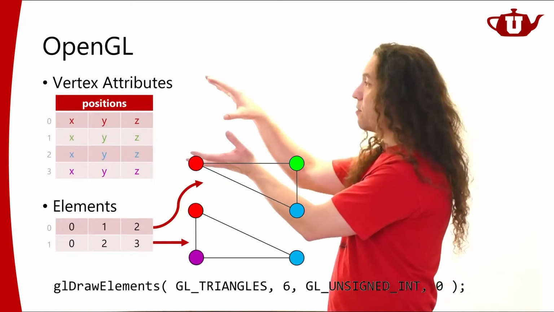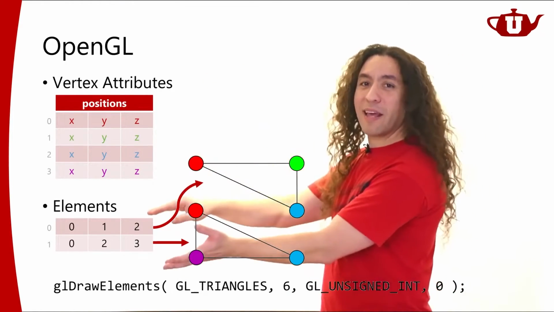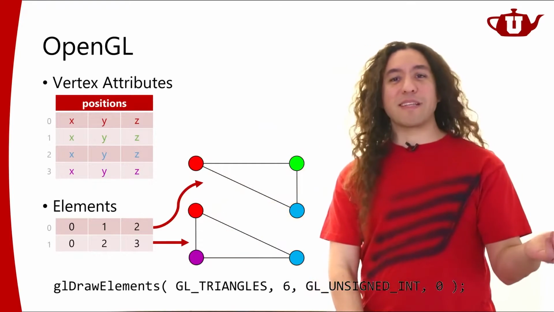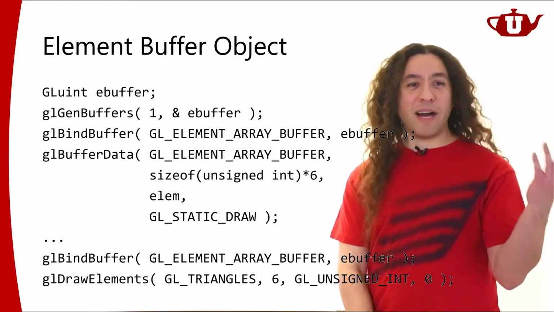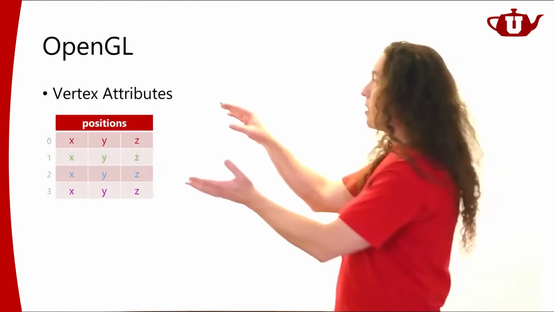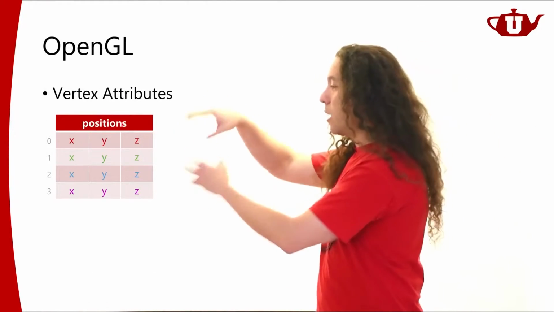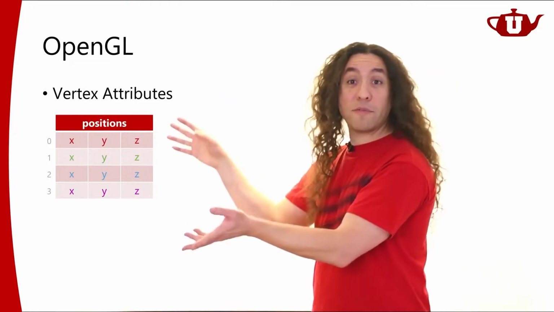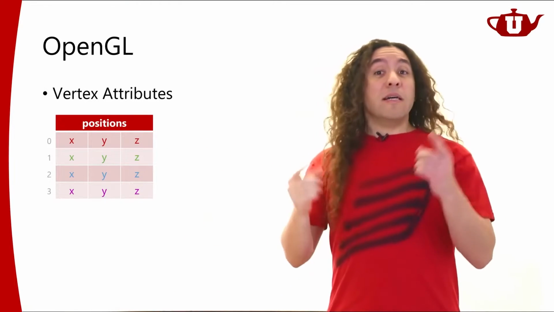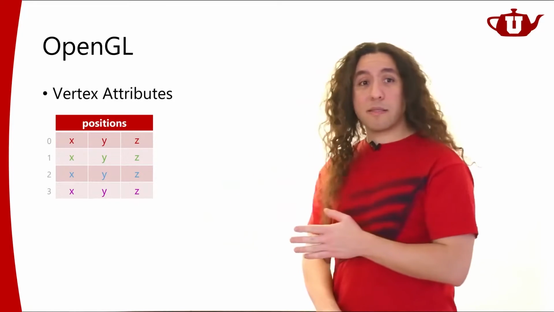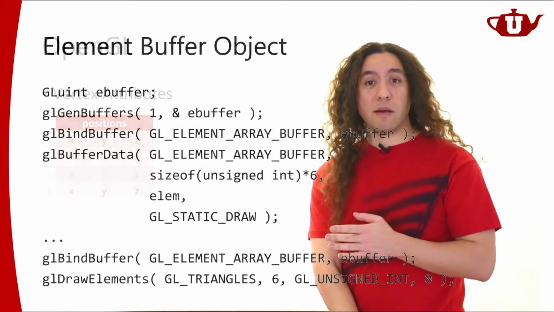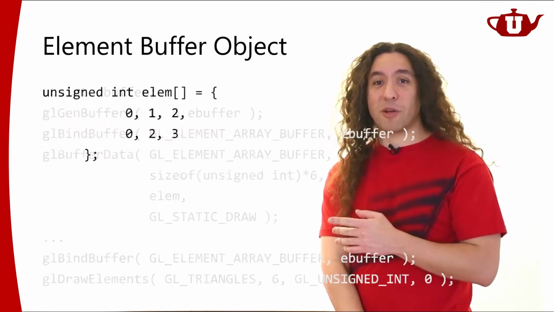I'm just having a list of vertices and elements, and I'm generating this lovely element buffer using this, and then I don't have to take these vertex position attributes and duplicate them. I don't have to do that, which is great. But then I need to make sure that I have those indices.